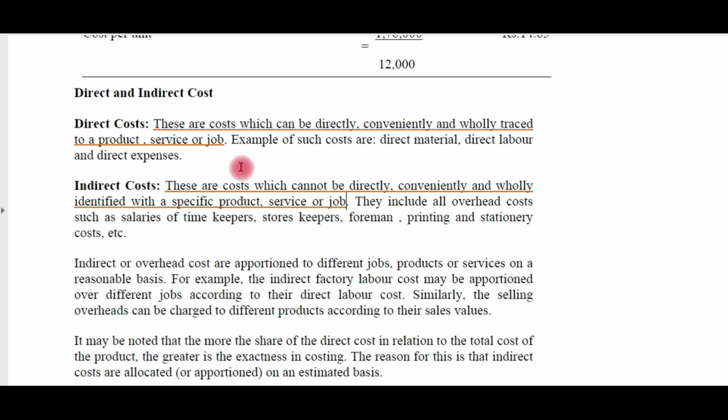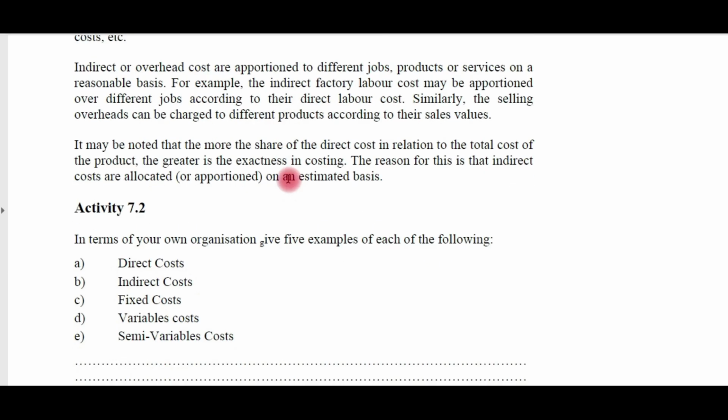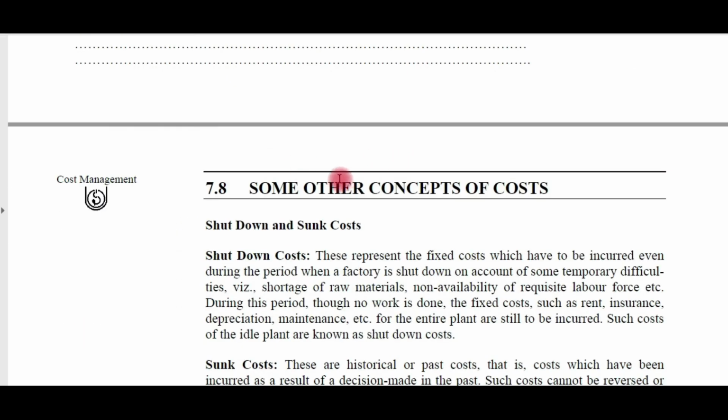Direct and indirect costs. We have seen already direct costs means those costs which are directly related to the production activity, generating activity. Okay. These can be incurred on material, labor and expenses or other expenses. Indirect costs, they do not directly deal with the output, whether the output is changing or not. These costs will be incurred. Okay, they are not directly related to the production activity. These are called indirect costs. An activity is given here.